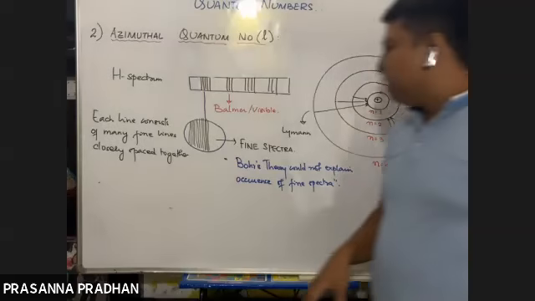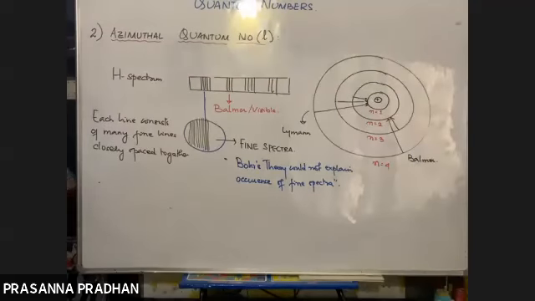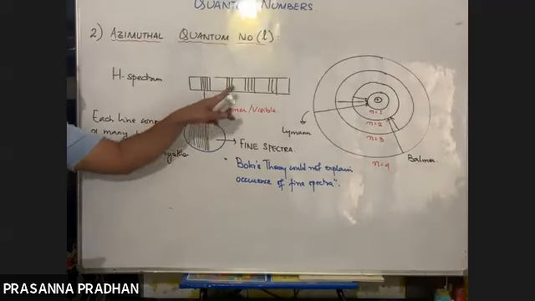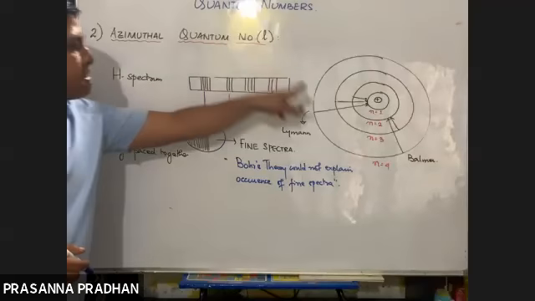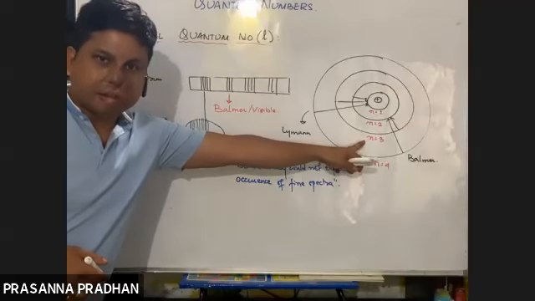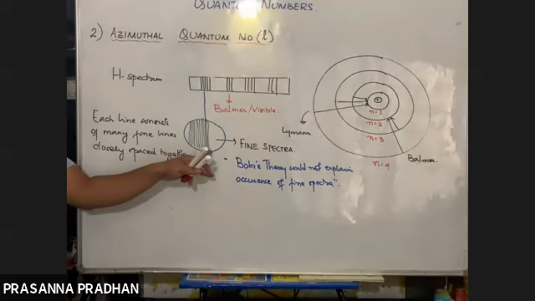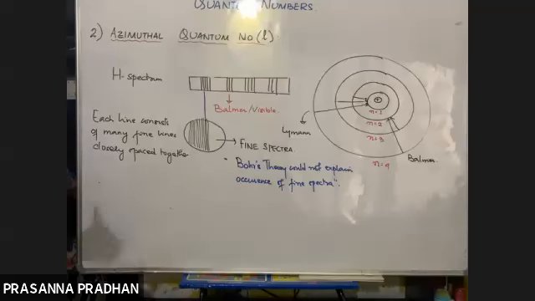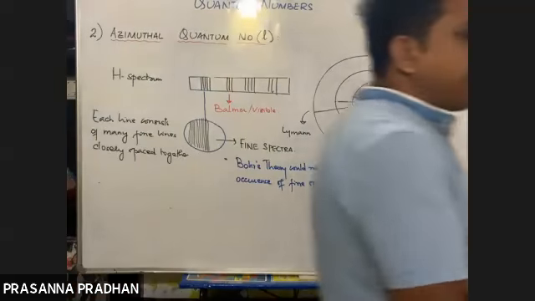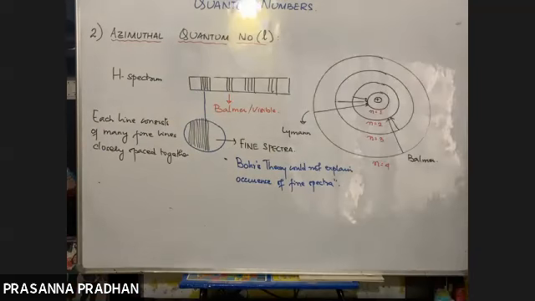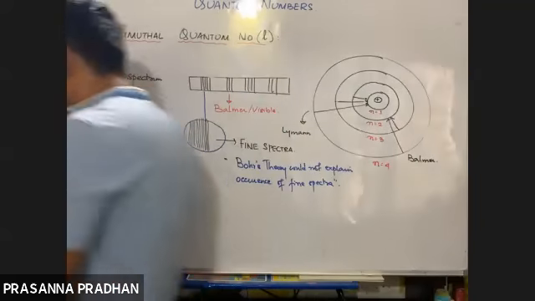Fine. Now how do we explain this? In order to explain these lines, yes, it could be explained by the principal quantum number. Similarly, in order to explain this fine spectra, another quantum number was required, and that quantum number is known as the azimuthal quantum number. So what is actually this azimuthal quantum number?